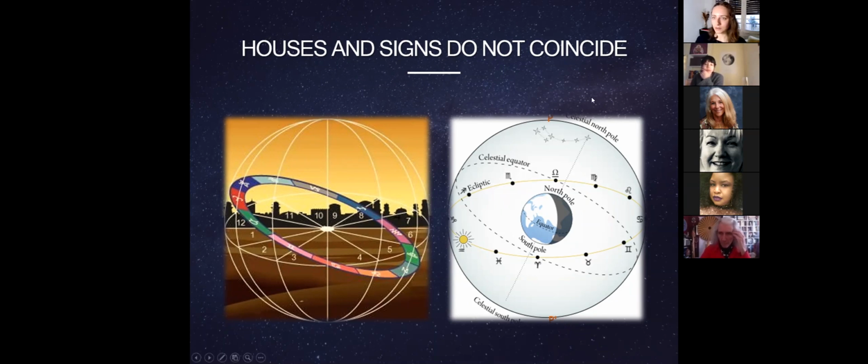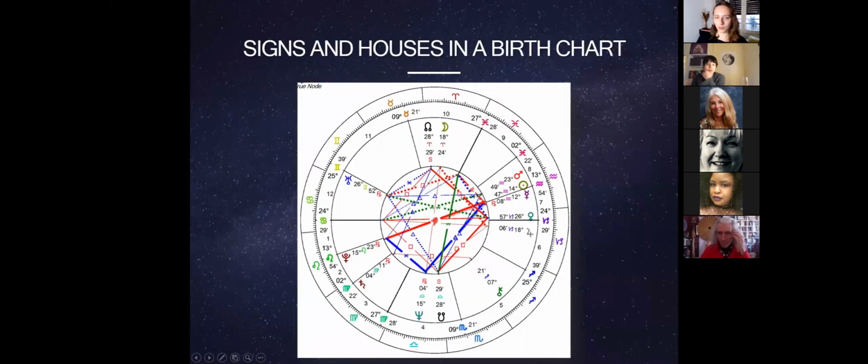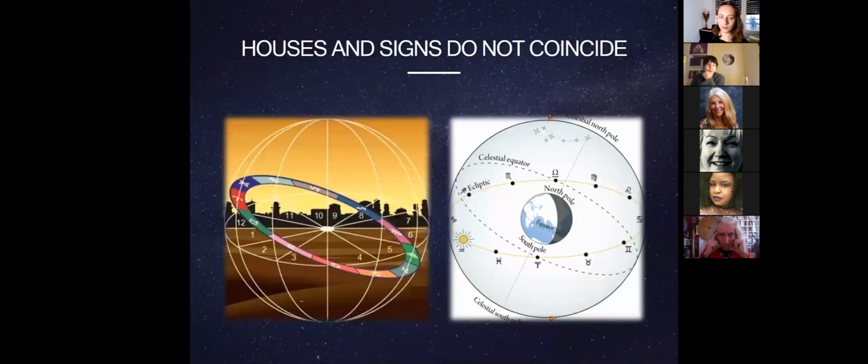What is really confusing for us and for most people, for astrologers, is that I will switch to a chart now. This is an example chart. This is the fact that actually the signs are given equal portions. You see how on the outer circle, each one of the zodiac signs is given 30 degrees, 1/12 of the wheel. And this is making us think that what we are orienting ourselves from is the zodiac. Well, actually, the houses are equal in the chart. But these equal houses, these equal portions of space around us, they take more or less degrees of the zodiac in them. This means that when somebody is standing here in the center, for example, of their own world,